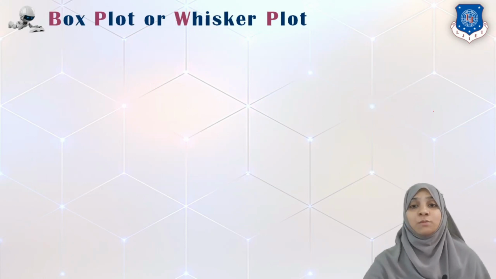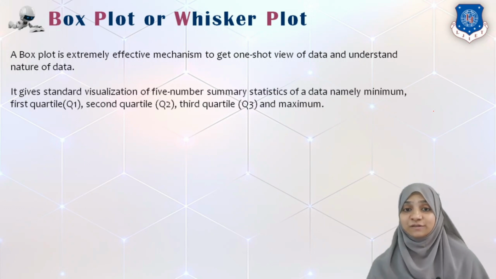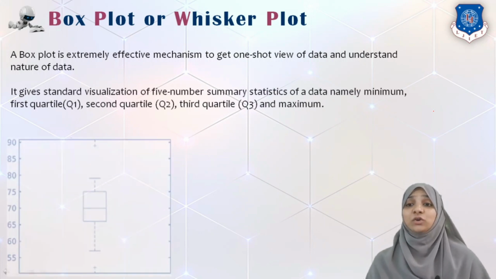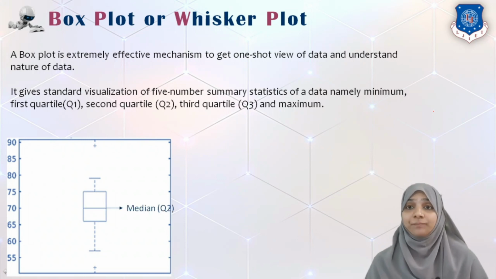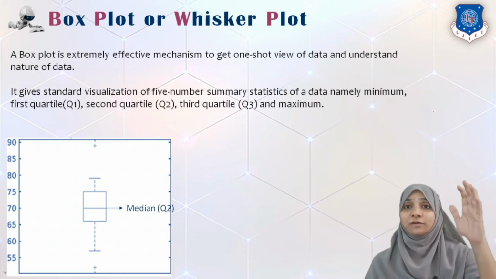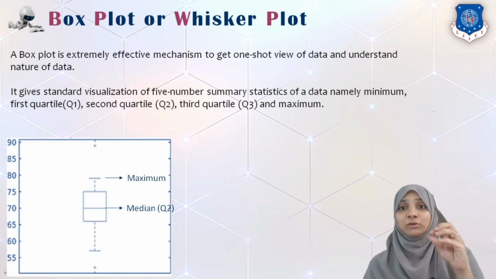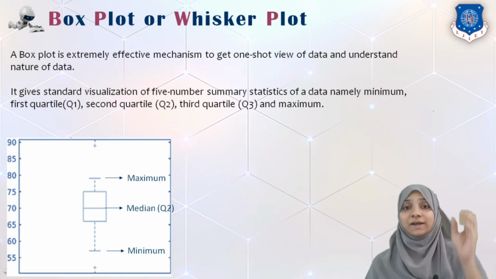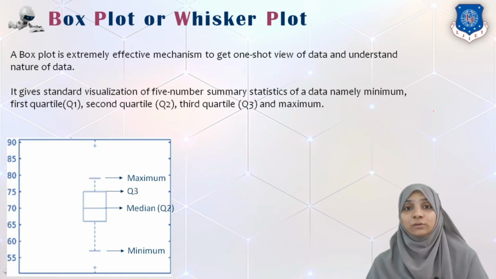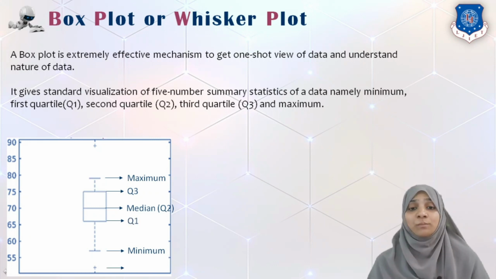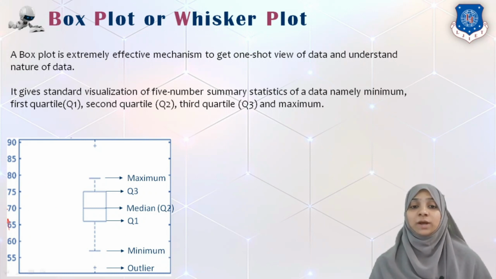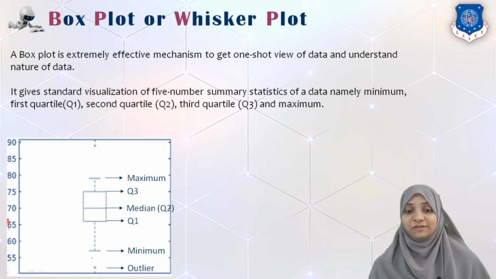Now let's see the box plot, which is also called a whisker plot. It is an effective way to give a one-shot view of data. Say, for example, I have hundreds of entries in one column. I want to see how this data is spread, and I want to visualize a particular attribute's values. I can easily use a whisker plot or a box plot. And the box plot is plotted with a scale only on the y axis. On the x-axis, we do not have any scale. Okay, so what is this box plot and how is it calculated?